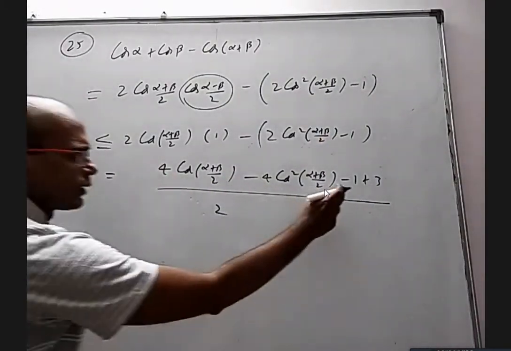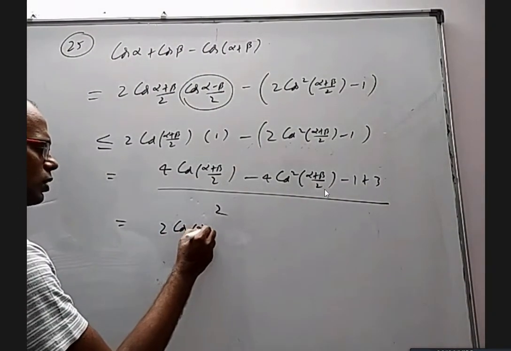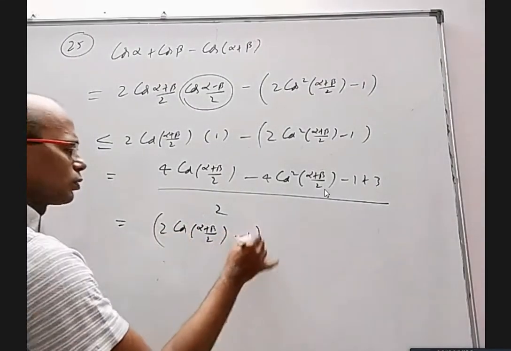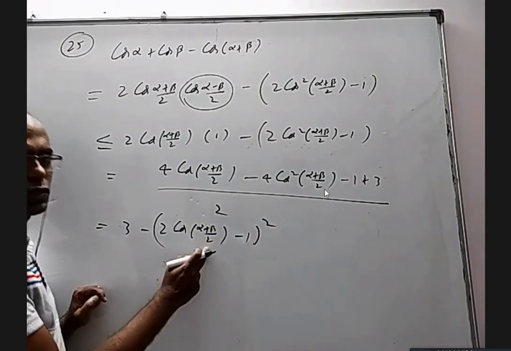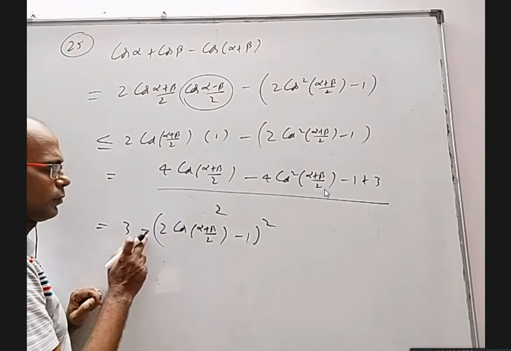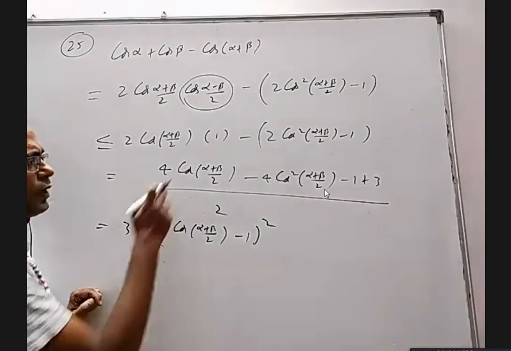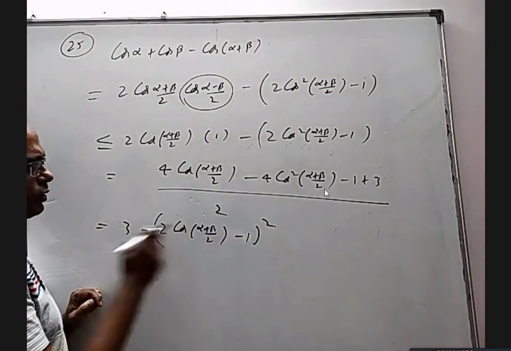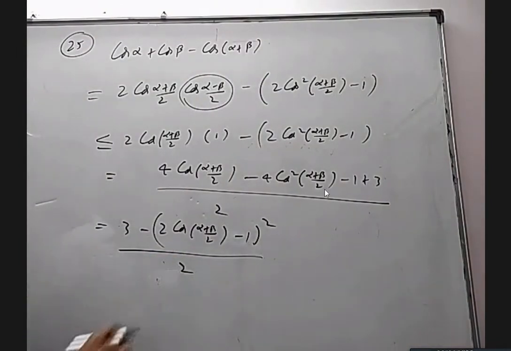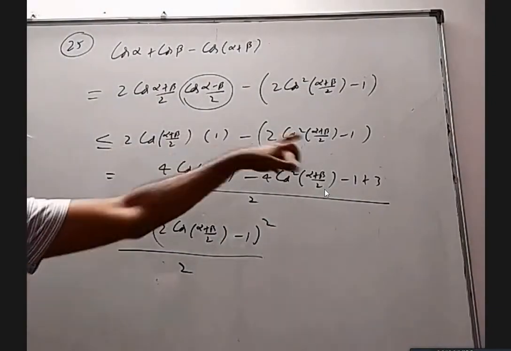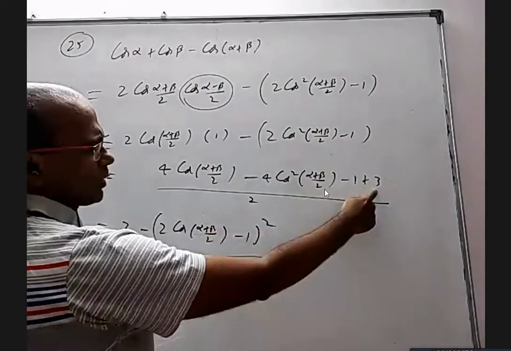Now what happens? This one, this one, this one, if you take minus common, it is a perfect square: minus (2 cos (alpha plus beta)/2 minus 1) whole square. This 3 I wrote here. If I expand this, what will come? Square of this is 4 cos square (alpha plus beta)/2, which with the minus is this. The 2ab term, 2 into this, is minus 4 cos (alpha plus beta)/2, which with the minus is this. And this square is 1. 3 minus 1 is 2, whole by 2. Now, sir, once again explain this structure. I multiplied with 2 and also I divided with 2. That's okay? Yes, sir. After that, the constant 2, I wrote it as plus 3 minus 1.